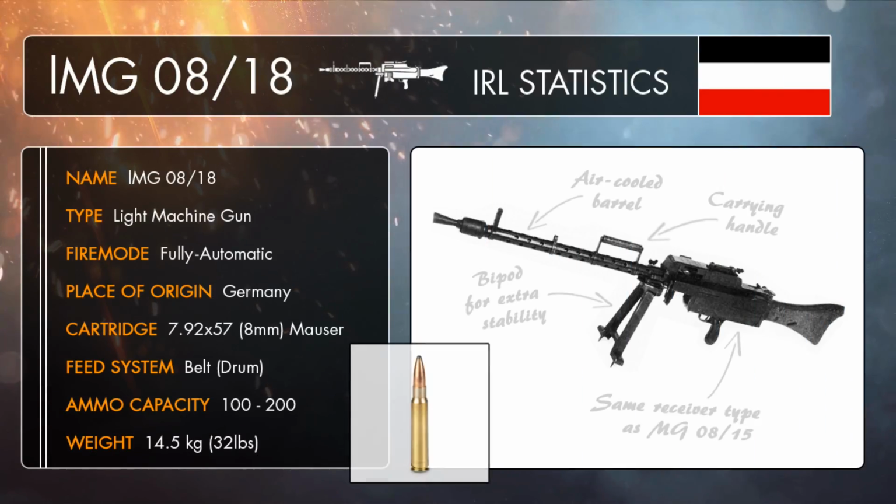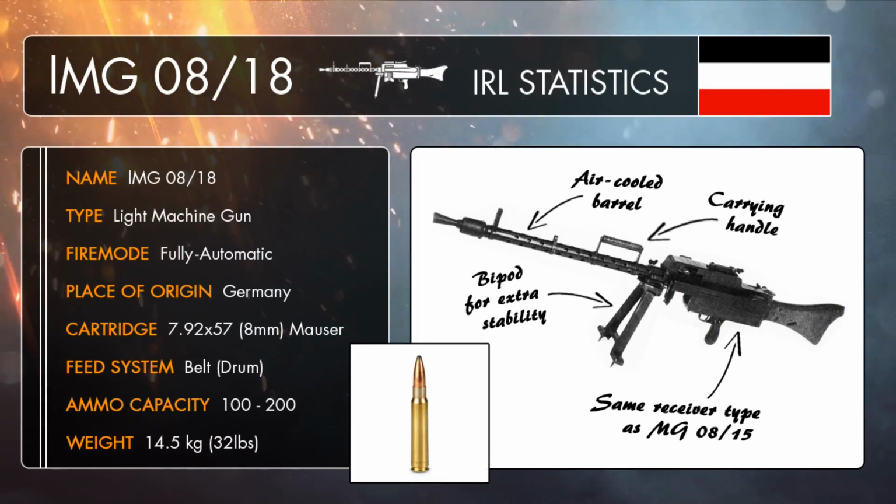The fully automatic LMG 0818 is essentially a slightly lighter, modified version of the MG 0815, with its design being updated mainly to shed off some of that weight, to make it an easier weapon to carry around and use on the battlefield. Although it functioned in a very similar way to its older, beefier brother, firing off the same 8mm Mauser rounds and utilising the same mechanism, the 0818 didn't have a chunky water-cooled barrel jacket, but instead had